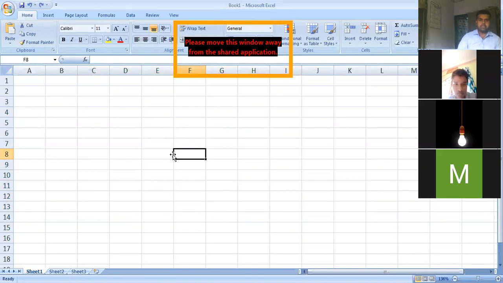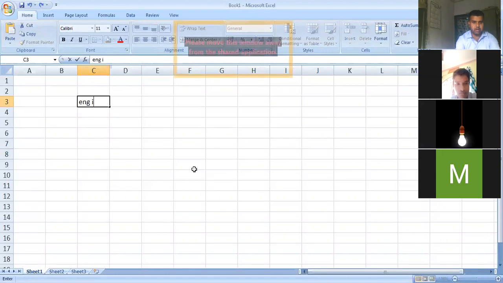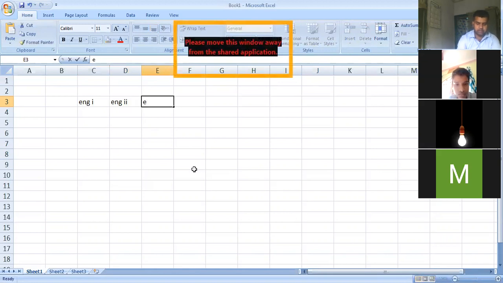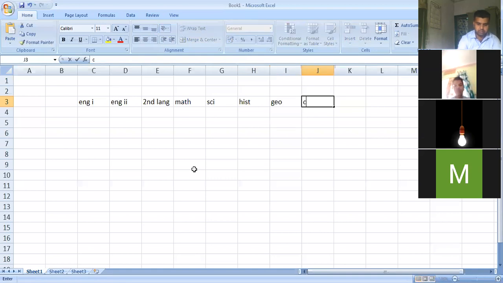So this is the first thing. Now what we will do, we will create a small table with certain data. Let's say we are creating a marks table. So we have certain subjects, say English 1, then we have English 2, then we have let's say second language, then you have math, you have science, and you have history, geography, computer.